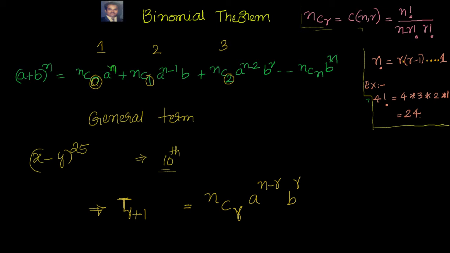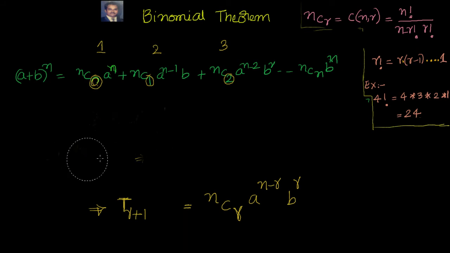If you are fine, then let's go ahead and do one example. We'll do one expansion, and also one simple general term from the same thing. Okay, let's go ahead and do that. Here we go. Let me take a simple example. As I said earlier, my intention is always to keep it simple, so that the first time you look at it, you will not feel uncomfortable. Once you start understanding the basics, you can take complicated examples and solve them. Now, (1 minus 2x) whole to the power of 5.